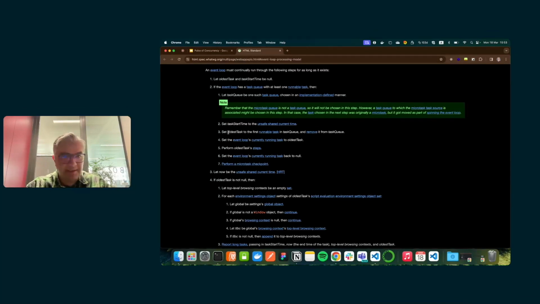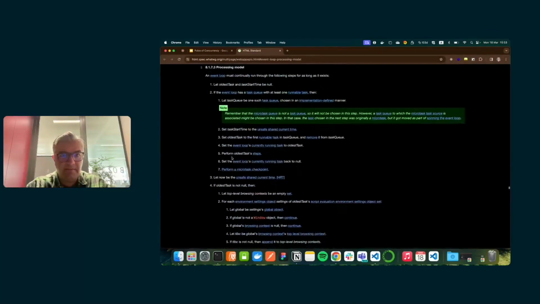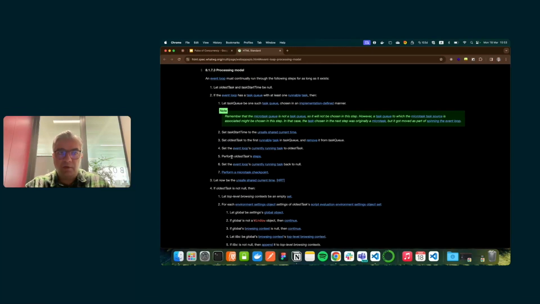It talks about task queue, microtask queue, and other stuff, not in a coding way, because it's just a specification of JavaScript. So it means that the browser has already implemented this for us. It's better not to say browsers, because who's running JavaScript? The browser's JavaScript engine is running JavaScript. So it means that the browser is just using its own JavaScript engine.